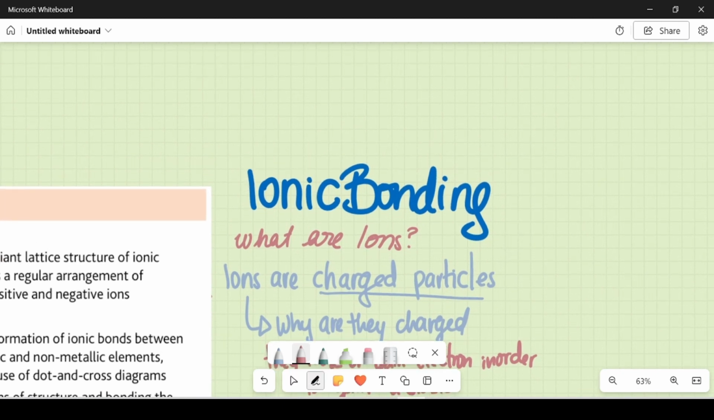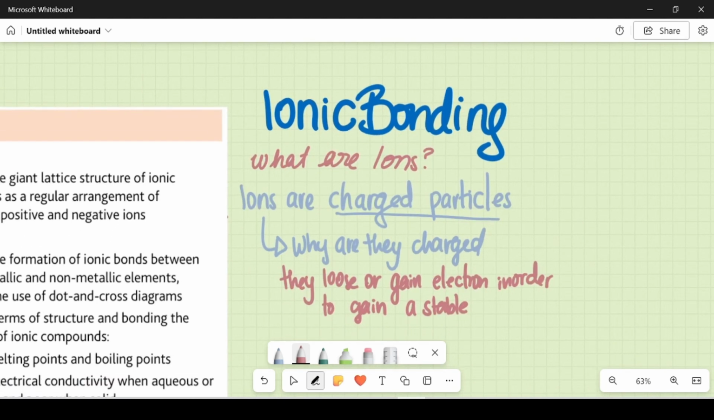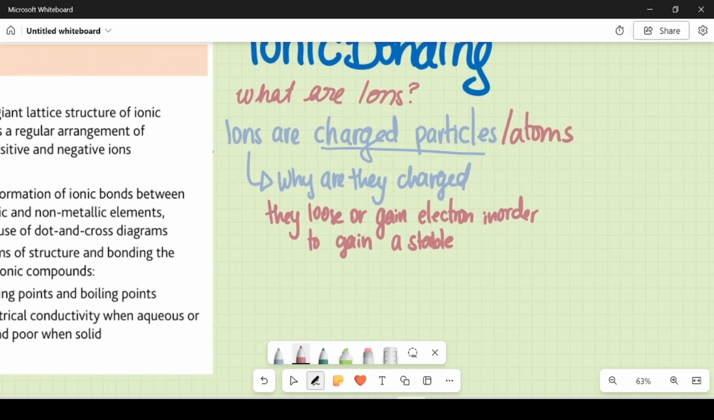You need to know what ions are. We know ions are charged particles. They're either positive or negative. But you need to know why they're charged. Why do they want to be charged? Why not just be particles or atoms? The answer is they lose or gain electrons in order to become